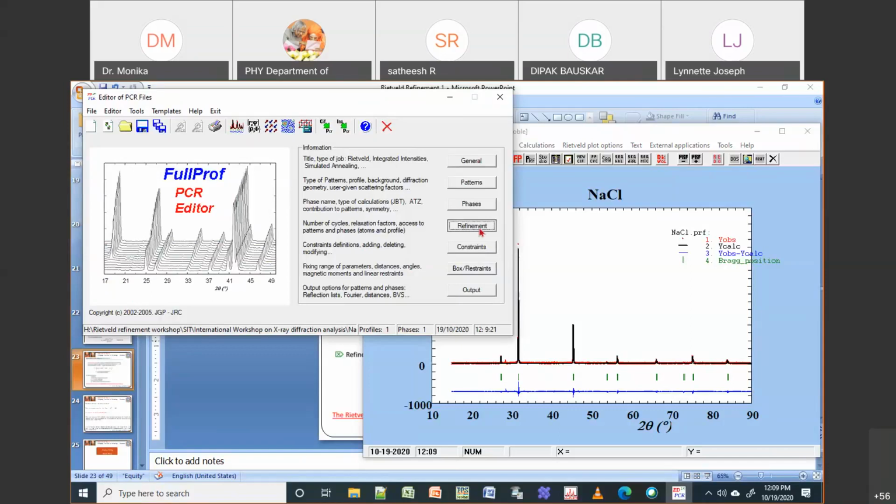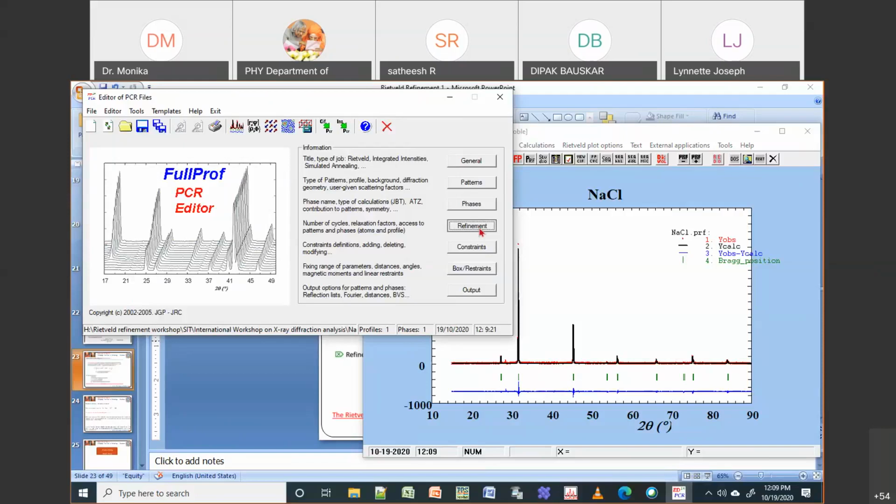So I will give this Na1, Na2, something like that, Cl. Or you just give Cl. But when it comes to N type, N is the atom type. Label you can give anything. Even I can give sodium. I just write sodium, and here I will write chlorine. Not a problem. But when it comes to N type, you need to give sodium as capital N, capital A. In the same way, chlorine is capital C, capital L. So if I am having cerium oxide, then I have to put capital C, capital E as a cerium N type. So this is the atomic type.